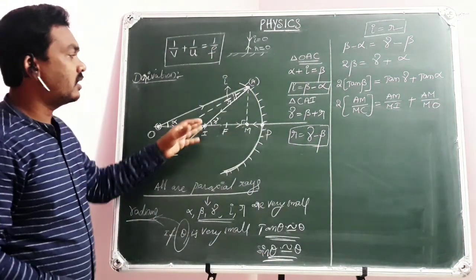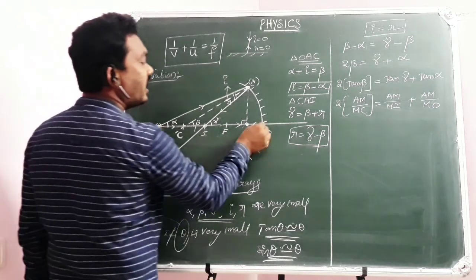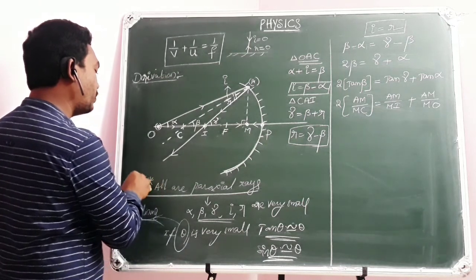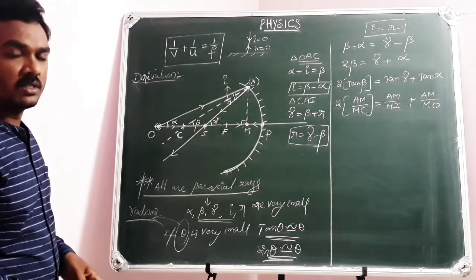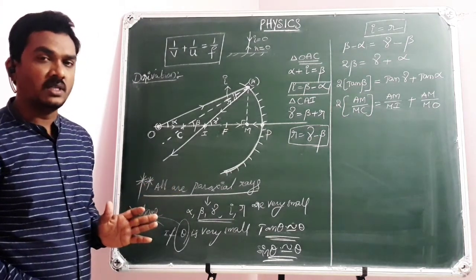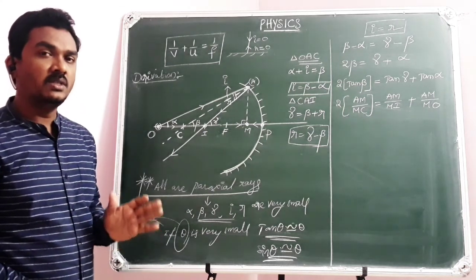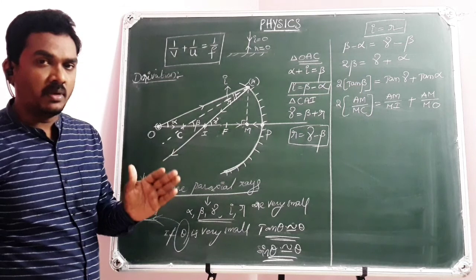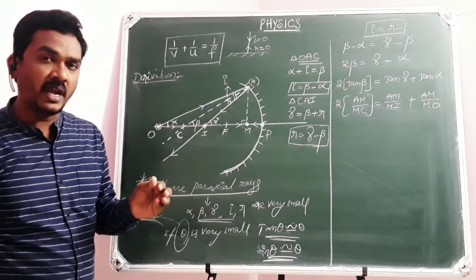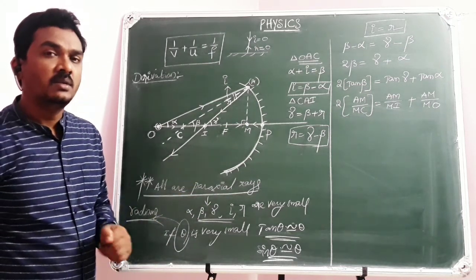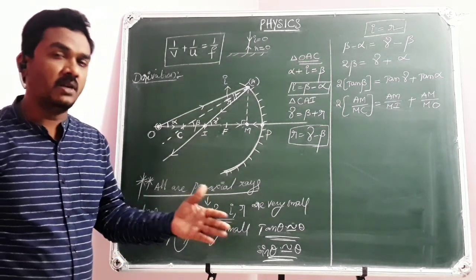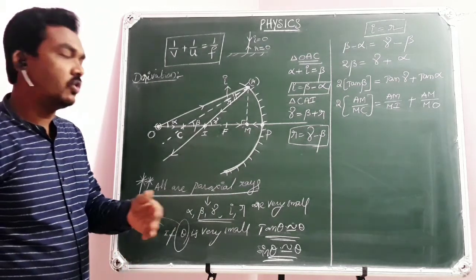Here, as all the light rays are paraxial light rays, P and M will be very close. This condition is very important while deriving the mirror formula. All the concepts of physics are explained under some terms and conditions. That's why theoretical physics always has some errors compared with experimental physics. If you calculate the image distance using 1 by V plus 1 by U equal to 1 by F, and then go into experimentation, the image distance will not be as accurate as you calculated, because the theoretical calculation will differ from the experimental value of V. That is called error.